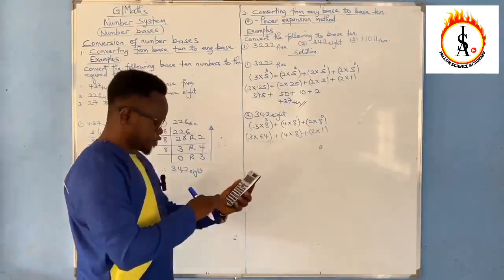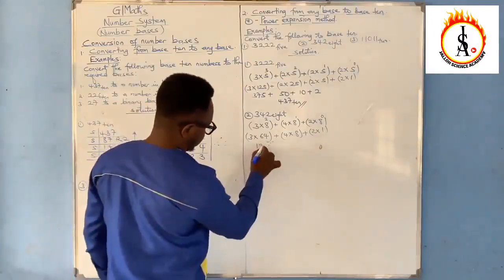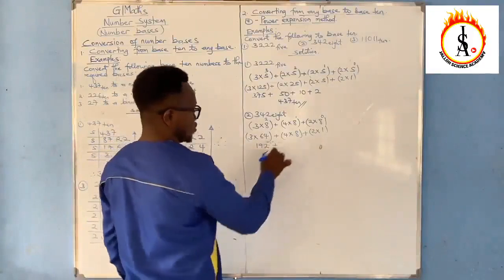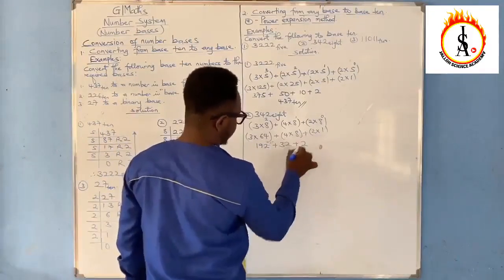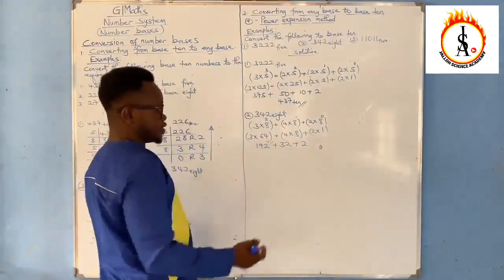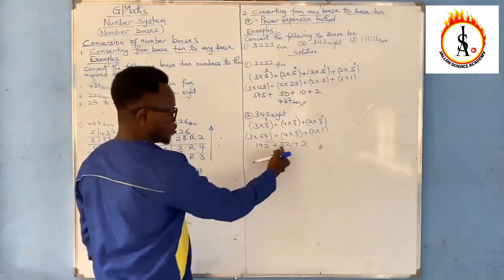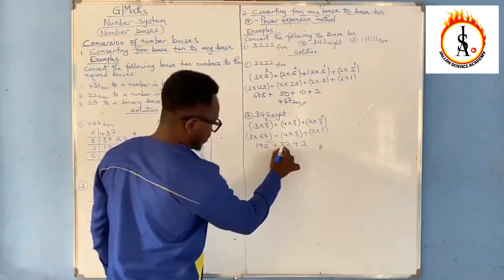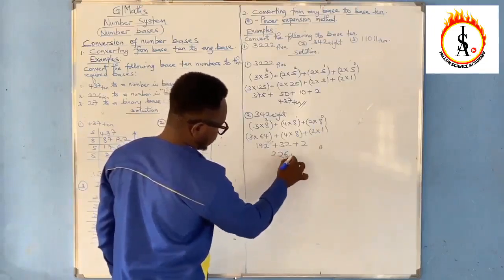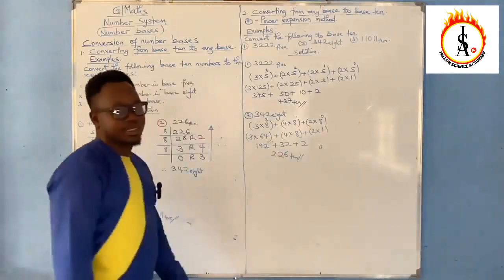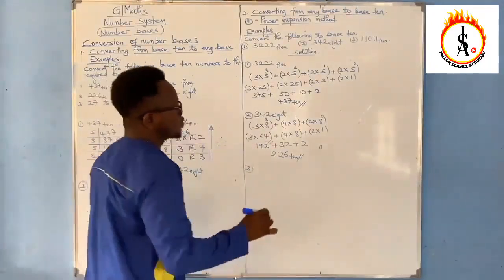So go for your calculator. 3 multiplied by 64 gives you 192. 4 by 8 gives us 32, plus 2. So adding this, 2 plus 2 is 4, 3 plus this is 12, 2 carry 1, plus 1 is 2. So we have 226 in base 10. Okay, and finally we go for the third example,